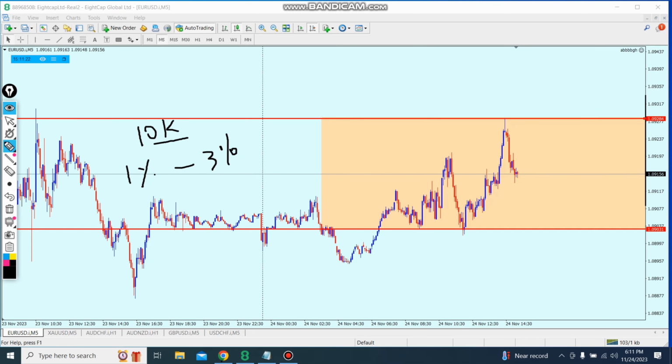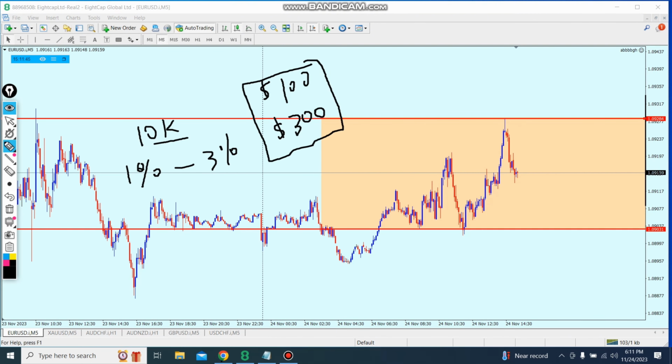Again, if I had a 10k account, that would mean that for every trade I placed while my account was at $10,000, I would be risking between $100 and $300. So my risk right here, if I am risking between 1% and 3% of my 10k account, is going to be between $100 and $300. So for me personally, this is my risk tolerance, and every single trade that I place needs to be at or under this